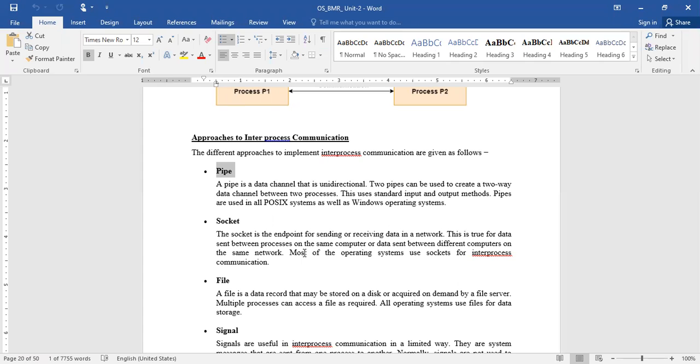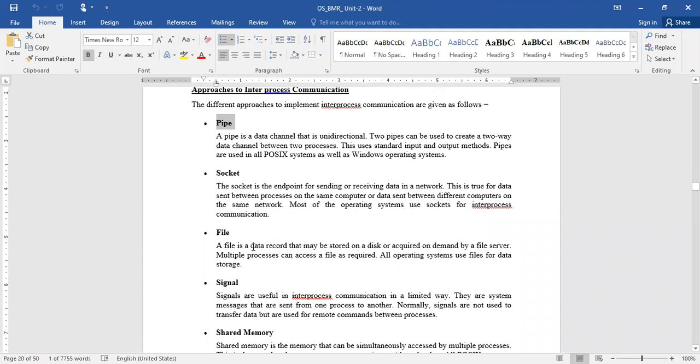You can learn this information in computer networks very soon in later semesters. Until then, just remember that this is an endpoint for sending or receiving data in a network. Most operating systems use sockets for inter-process communication. Don't worry, we'll discuss all these things elaborately very soon, especially communication in a client-server environment.